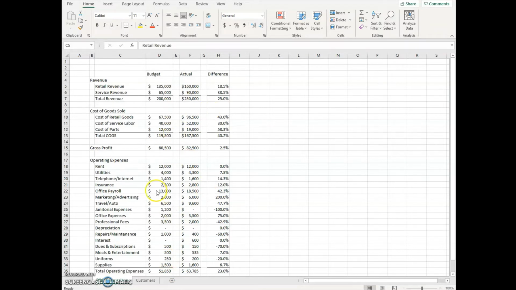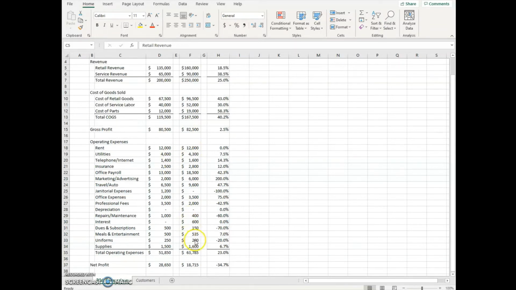And when you look at this statement here, it's really hard to pick out why you didn't make as much money, right? So if you key down here to gross profit, you see, hey, we had more gross profit than we had budgeted for. Good deal. Our operating expenses were up though, right? And so you might say, well, if I had more gross profit, then it must be that I spent more money on my operating expenses. And then you start looking at this and you've got 0%, you've got a bunch of really random numbers,